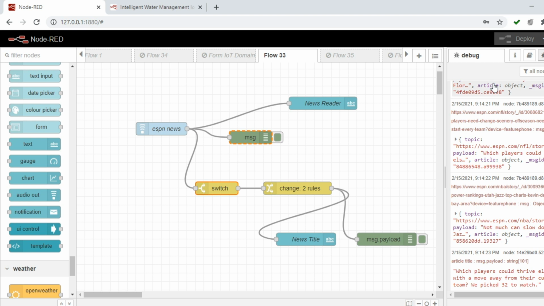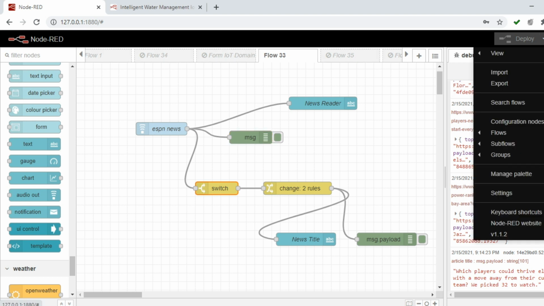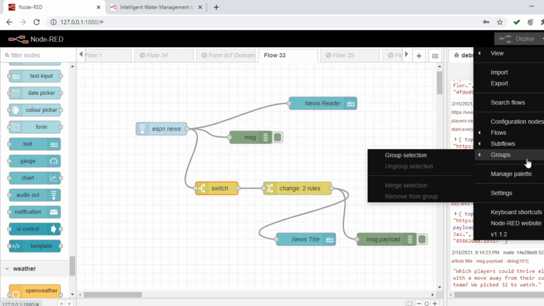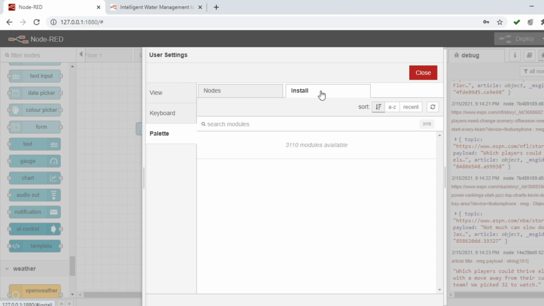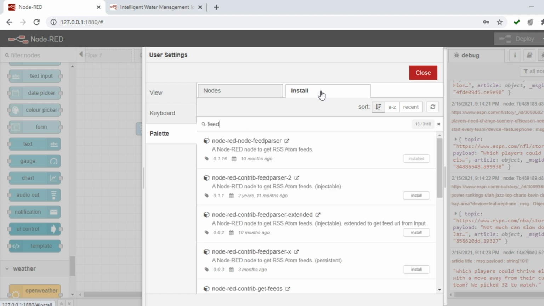First, to start with, click these 3 lines in order to get the manage palette. Go to the manage palette, click install, and type feed parser. Click node-red-contrib-feedparser. Since it's already installed in my system, it shows installed.